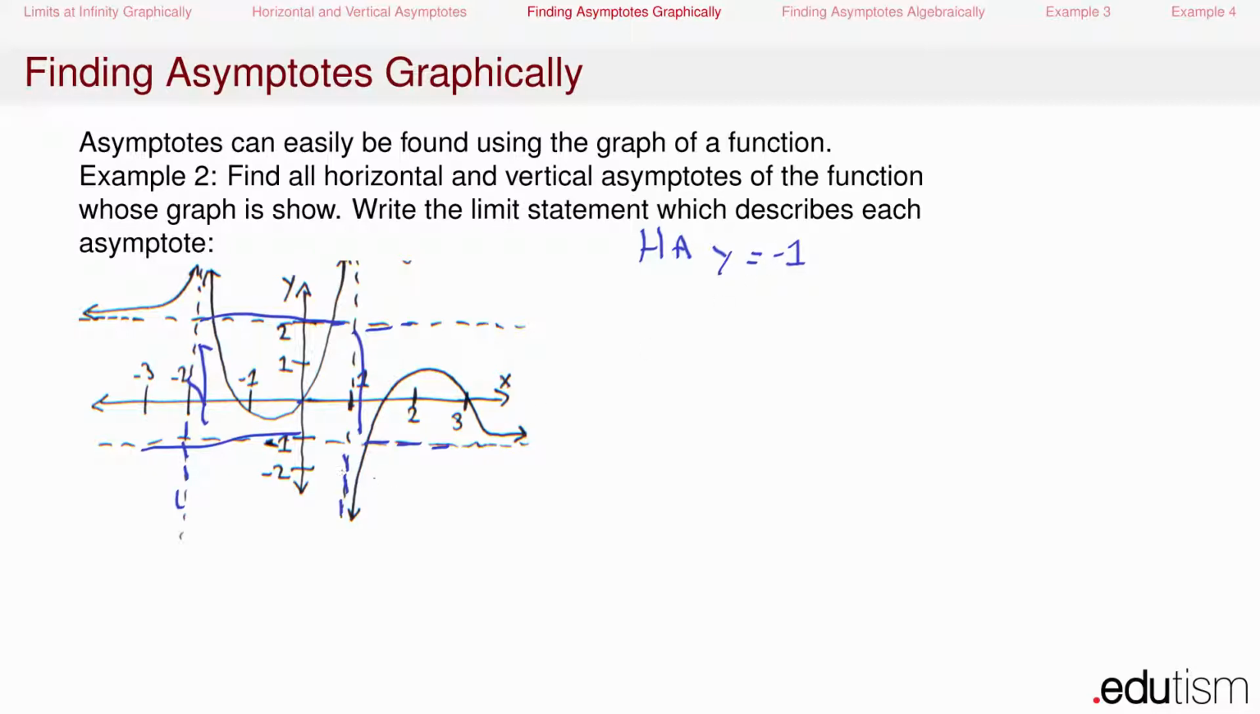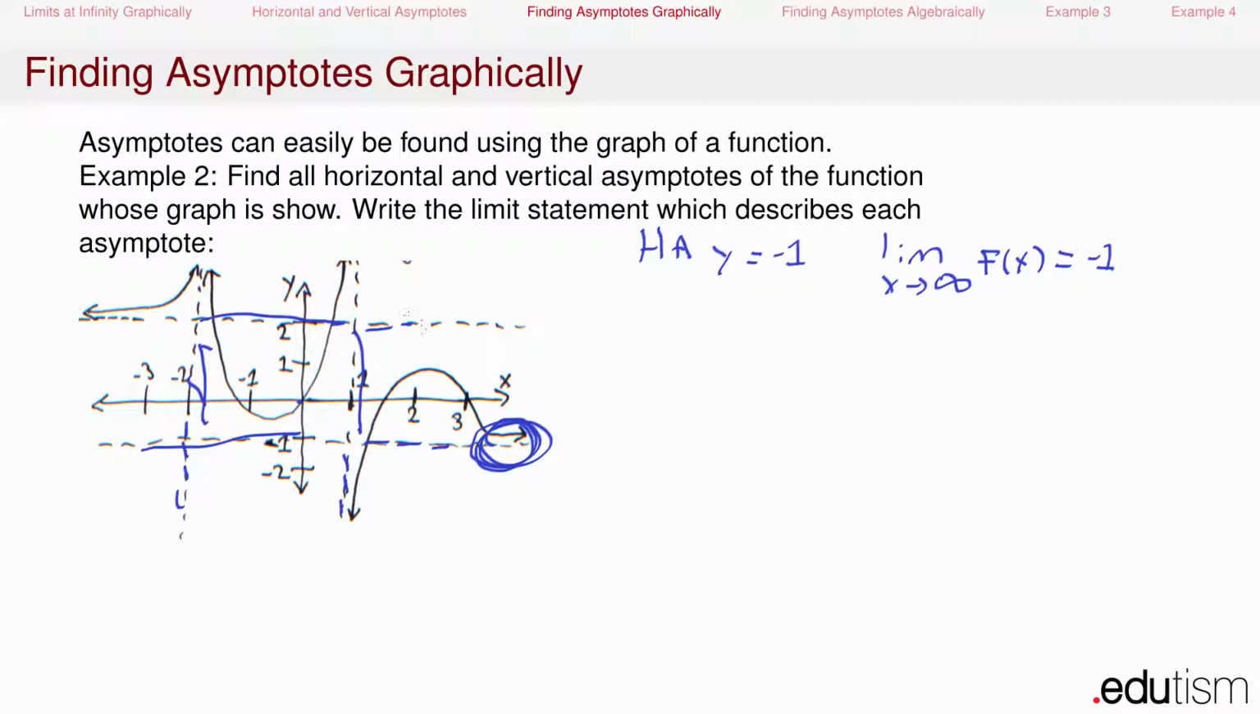Now this asymptote represents a specific limit. It represents the fact that this right end of the graph gets closer and closer to that line as we go out to the right. So the way we can write that as a limit is we can say the limit as x goes to positive infinity of f of x equals -1. The y coordinates get closer and closer to -1 as we go out to the right end of